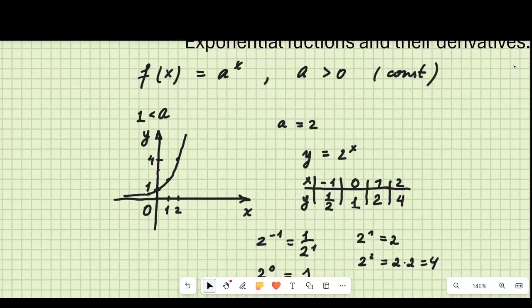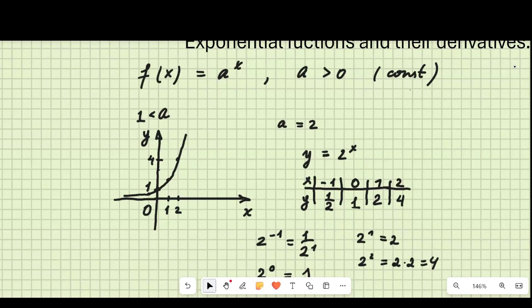And what can we say about this curve? Let's imagine that we continue this curve toward the positive axis. Increasing x is going to bring us bigger and bigger powers of 2, which are going to bring me eventually to a very huge number, right? 2 to the power of 2 is 4, and 2 to the power of 3 is 8, and 2 to the power of 10 is 1024, I think.